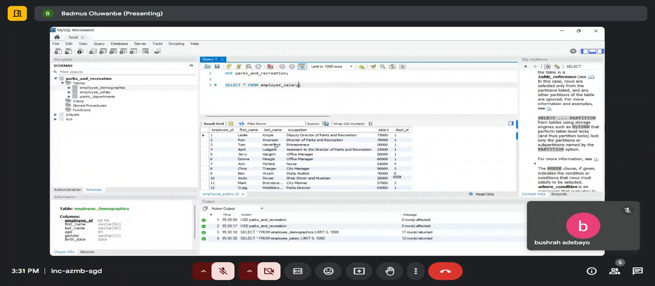I think in here I forgot an S. So under the parks department, we have this department ID and the department name. So basically, these are the contents of each of the tables under the parks and